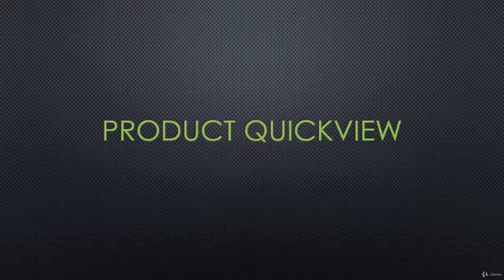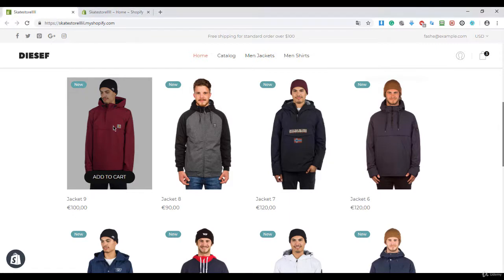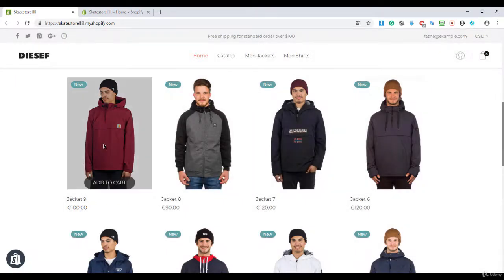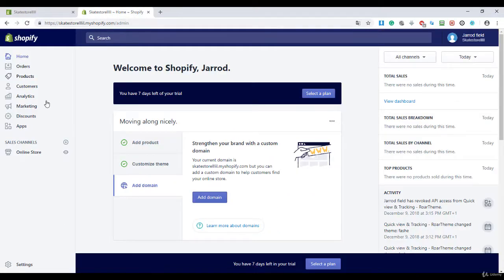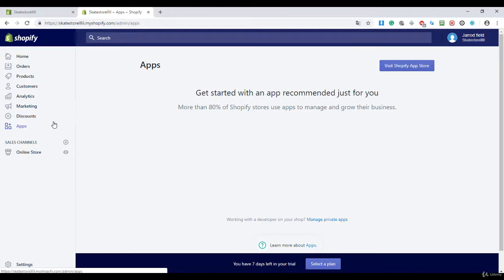In this lecture, I will show you how to enable Quick View. Hello people, if I hover over this product, nothing happens, but we want a quick preview of the jacket. You can add it to your cart, but we can't get a quick preview. So I go to my dashboard, we gotta do something about that, and I'm gonna click on Apps,